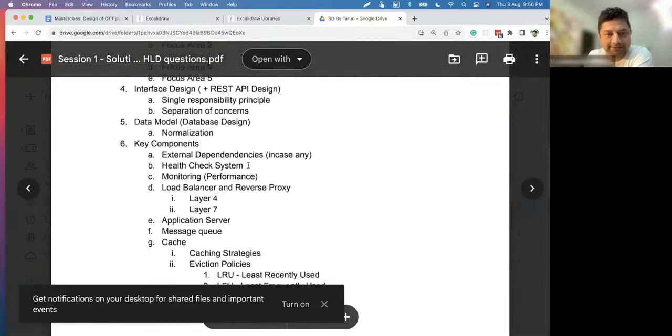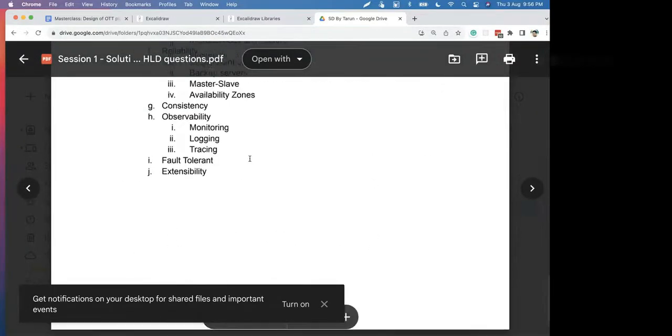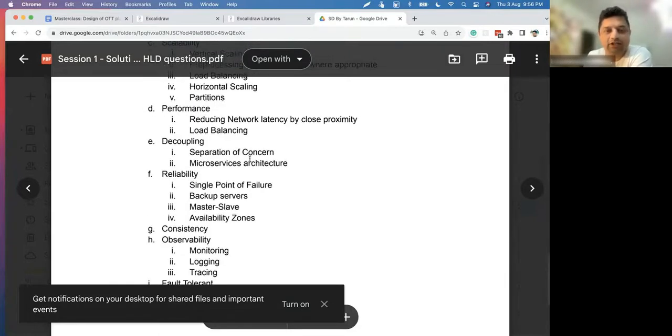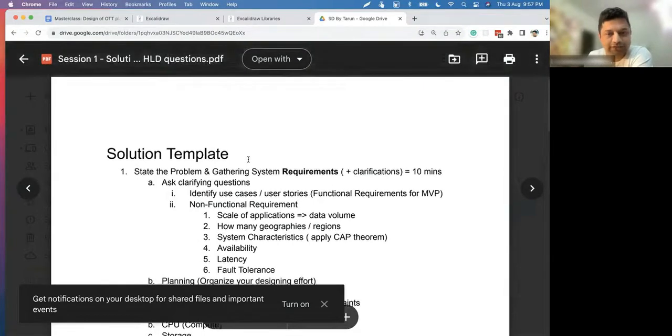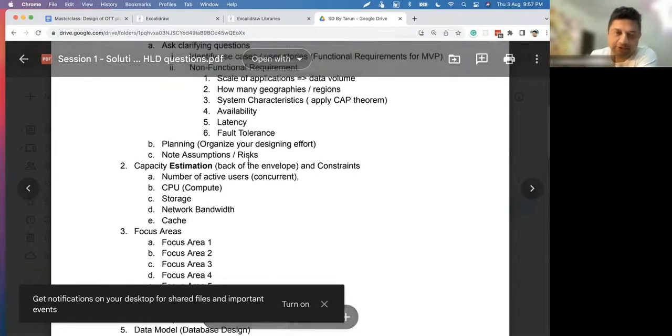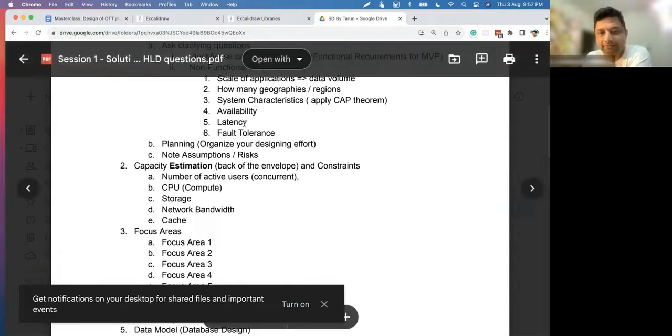You can use this, always keep in mind how to follow it. Not everything will be applicable for all the questions, but this is a comprehensive list to ensure that when you are practicing answering system design questions, if you follow this, then you will be covering most of the aspects. You will definitely get a good rating.